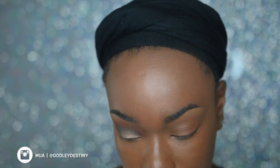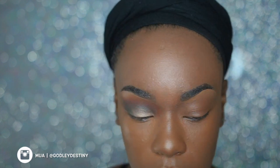For the bottom, I think the bottom is going to be really important because the bottom is going to really make the top look cool. And what I'm going to do is go in with this peachy